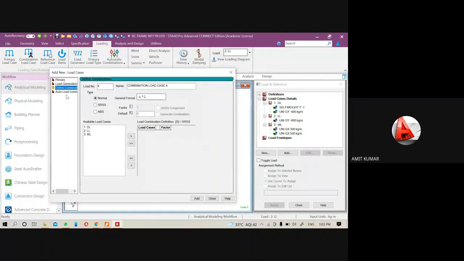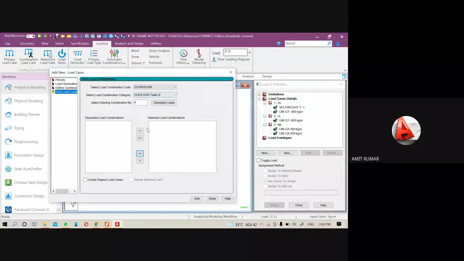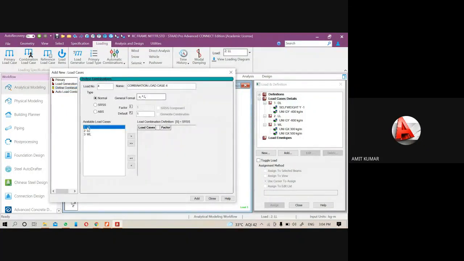So in the load combination method, we are not getting the 1.2 and 1.5. So we have an option of define combination. So select the dead load 1 and live load. Just select these two loads and add them.